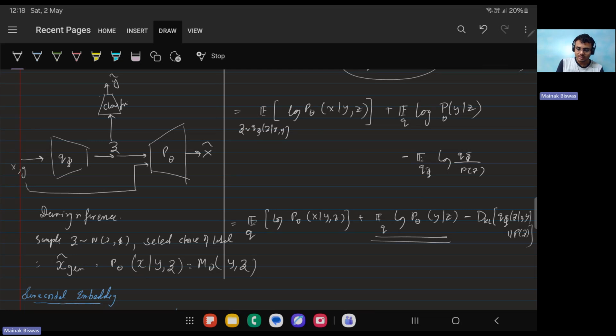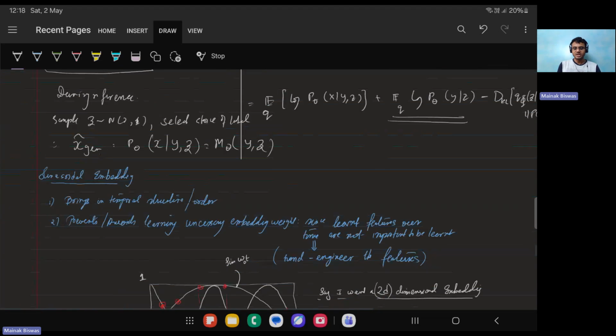So this will be modeled by M theta, and this will just decode the value from the latent and the label. Okay, so with that we come to the end of conditional VAEs,